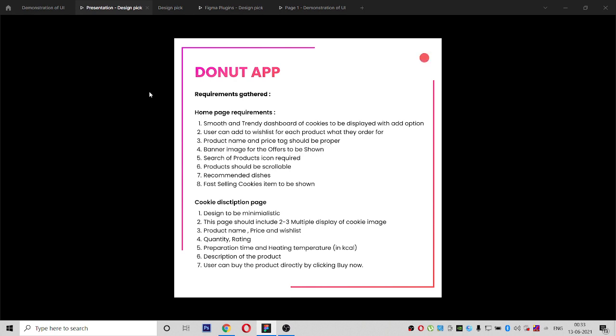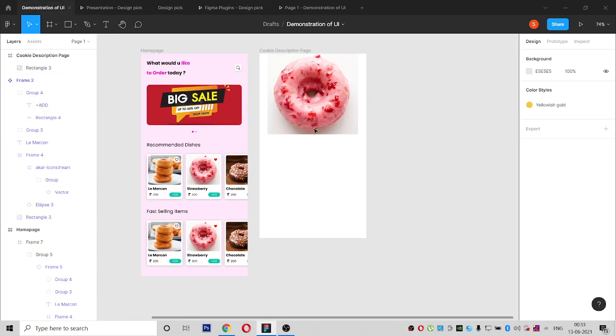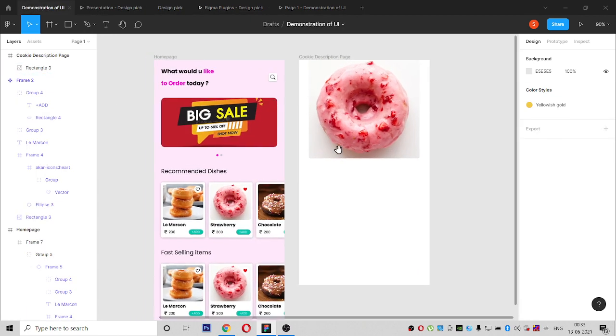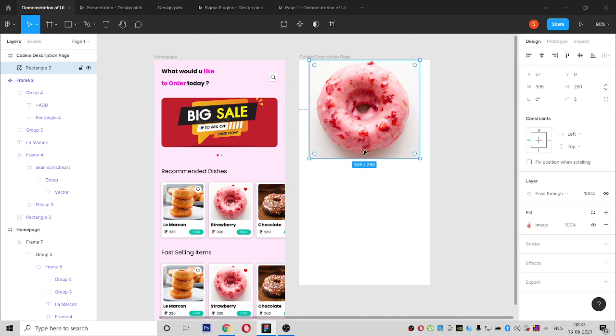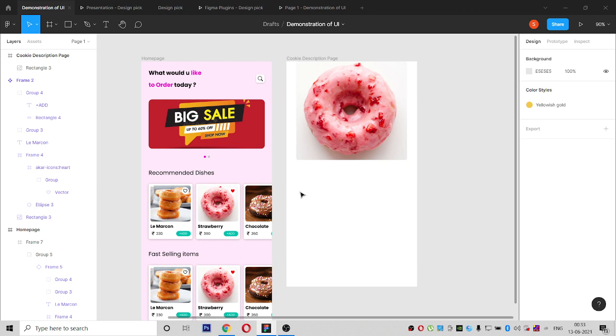So we will start designing the product cookie description page first. It should be minimal and it should be trendy also, right?